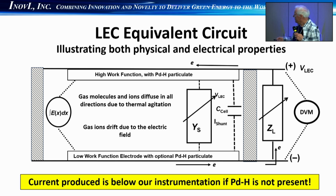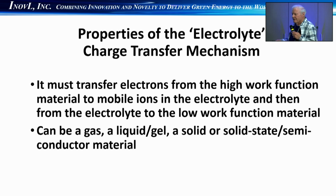I think I've said this about 3 times, but this caused us to say, okay, what properties do we need in that electrolyte? It really comes down to a couple of things. It's got to transfer electrons from the high work function material to mobile ions in the electrolyte, and then they have to transfer that electron to the low work function material. And this electrolyte can be a gas, a liquid, a solid state, even semiconductor, and we've tested several of these,